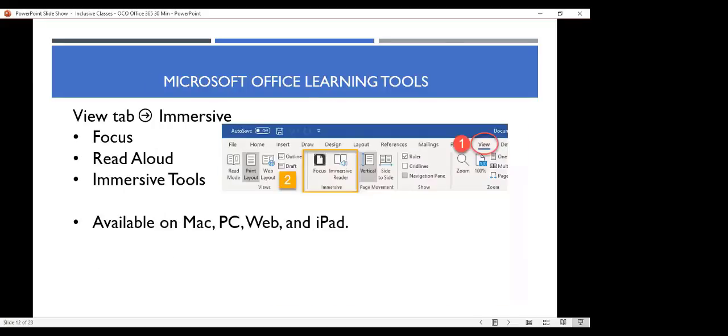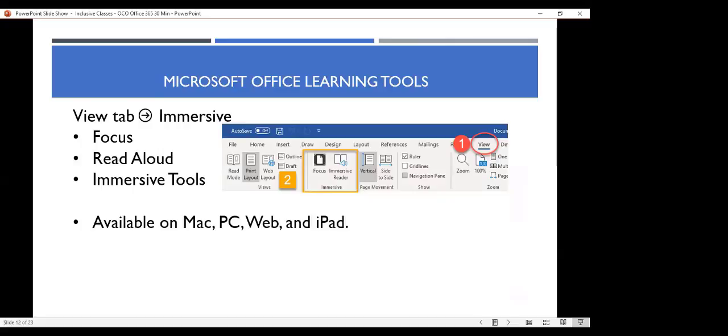In Microsoft Office, Immersive Reader is available. It's especially useful in Microsoft Word for long documents. So when we think about how the Microsoft Office toolbar works, across the top it has options, and because Immersive Reader is a view, we're going to go to the View tab and choose the Immersive Toolbox.